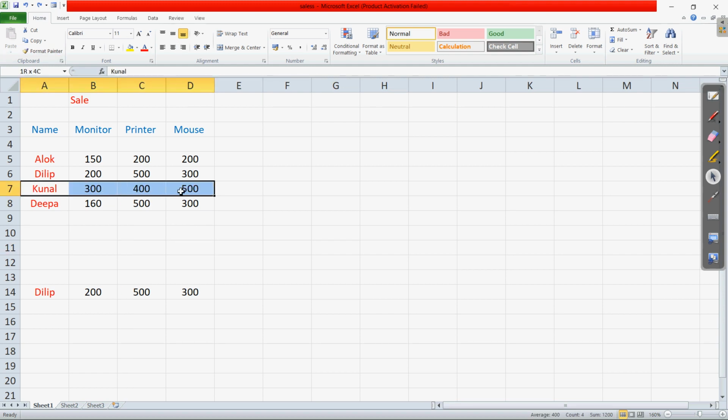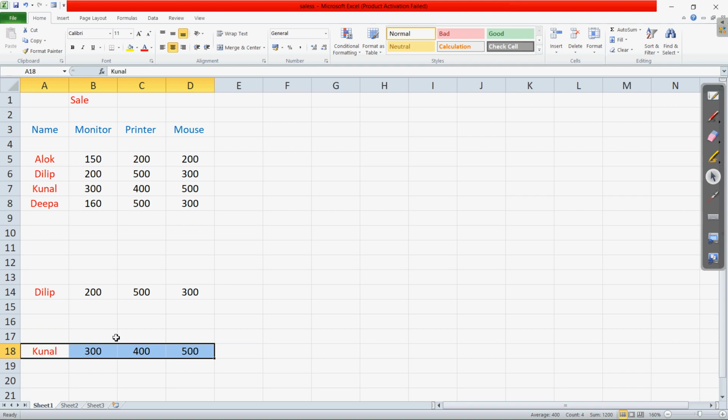Now if I want to copy this, bring the cursor to the side of this and press the Control button. Clear? When you press the Control button, you can click and drag it and a copy of this will be created. Clear? You can see that by pressing the Control button, the data is copied to a new cell. Clear? So this is how we can also use the keyboard to copy or move a range of cells from one position to another.